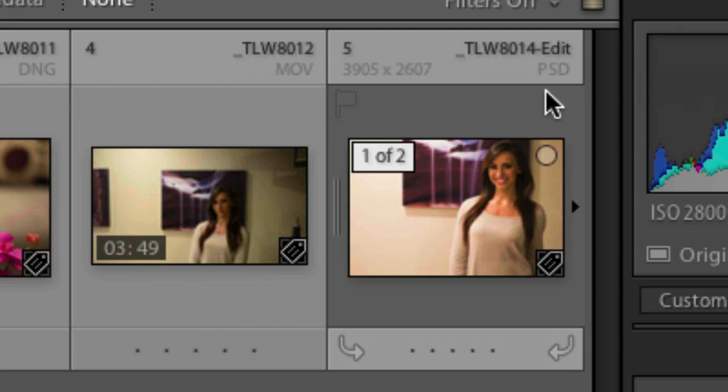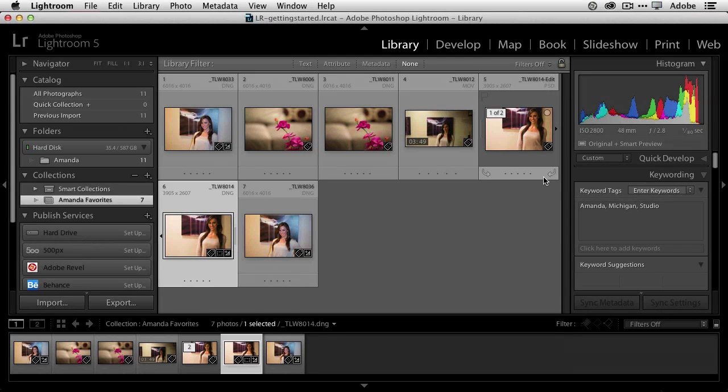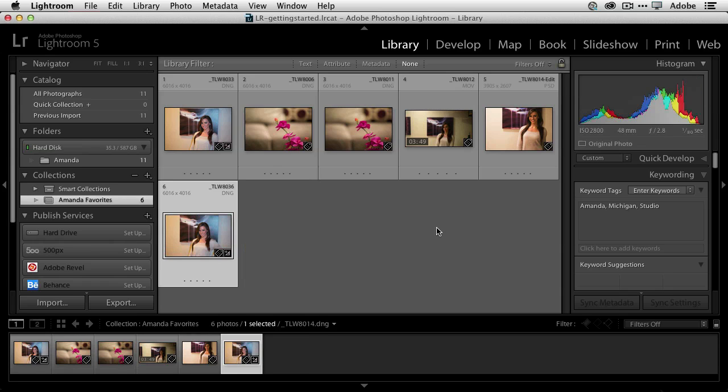So basically, it brought back a PSD of the edited version, which I could always go back and re-edit and continue working on. And I'll always have the original. So again, non-destructive, because I can always get back to the original. Now I'm going to delete the original from the collection. And then we're going to take a look at